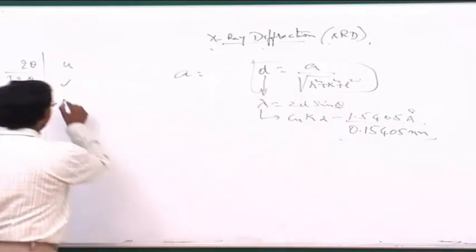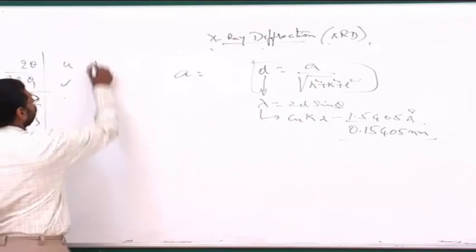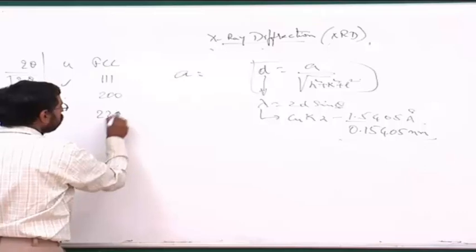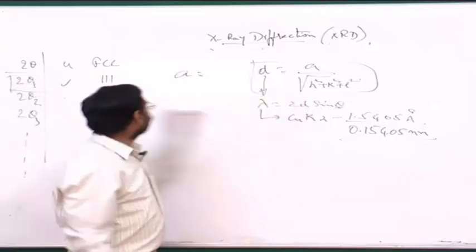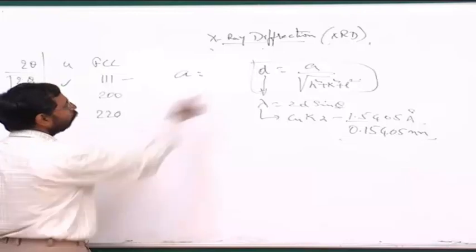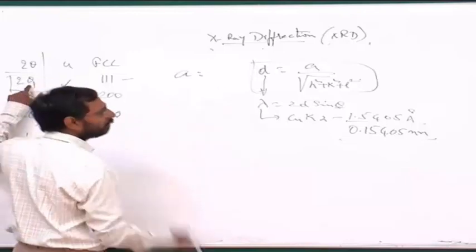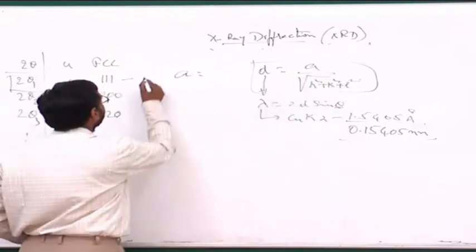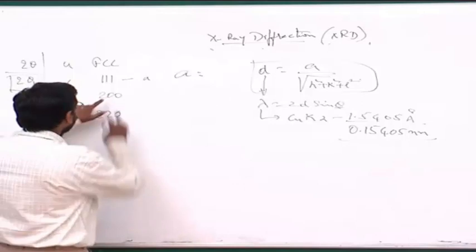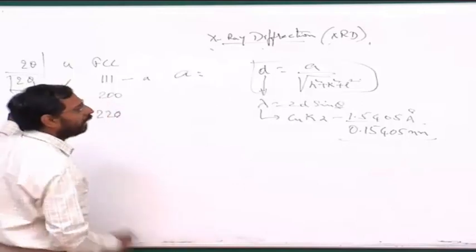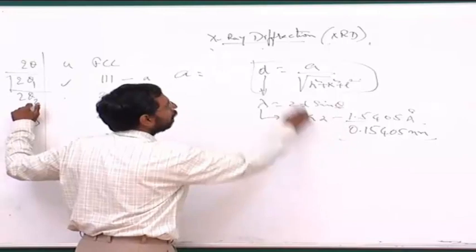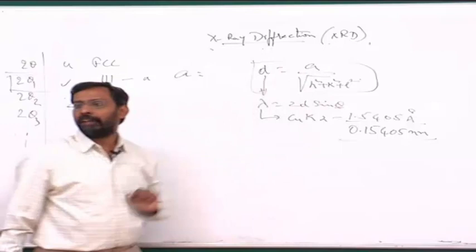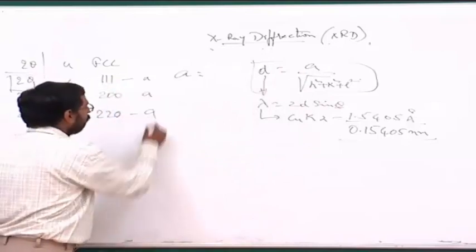So that means I can take the second peak also, which is for an FCC. The first peak is 111, second peak is 200, third peak is 220. So I know these HKLs for each of the peaks. For the first peak, I can use this formula, know the first theta, find out the D, plug the D into this, and find out the A. You can also use the second peak, find out the theta for that, put the theta into this equation, get the D, plug the D into this, and simply put the HKL as 200, again get the A. So you can get A here also, and you can get A for the fourth peak also.